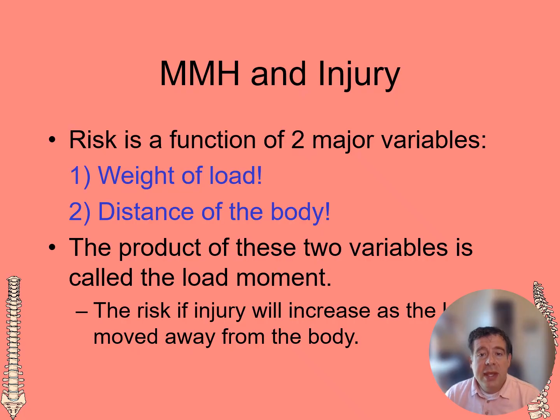So, two things you should be thinking about with injuries for material handling. Number one is the weight of the load. And number two is the distance from the body. We're going to really go through this with the NIOSH lifting equation. And each will have a modifier, which you'll see: 51 pounds if it's right at your body, dead center. And then it decreases based on that modifier of 7 different factors.